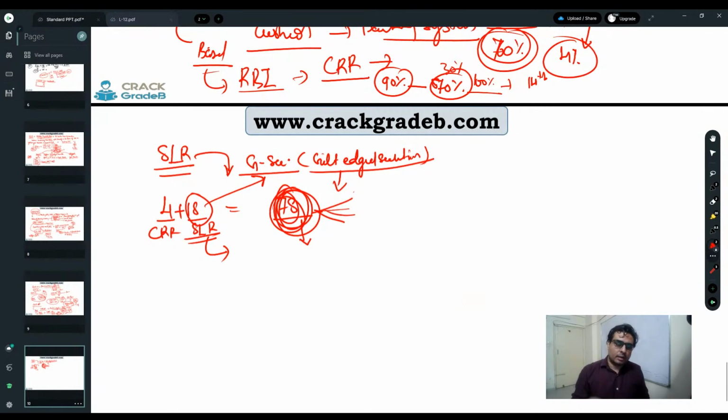So that is why, for mitigating or minimizing the loss, SLR has to be maintained, right? And at the same time, SLR will also work as a source of government funding, right? Government can channelize banks' money for its own requirements. So this is why SLR is there. Clear? So CRR and SLR, its purpose, why it is there, and how they are affecting the economy. Is it clear?